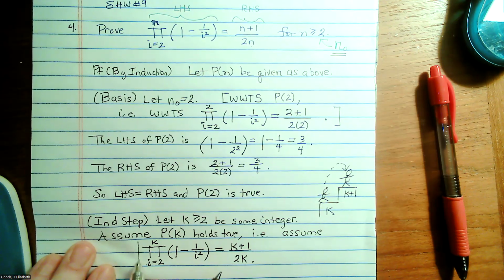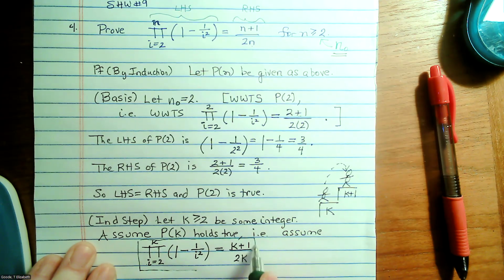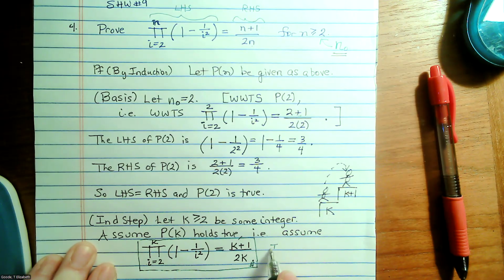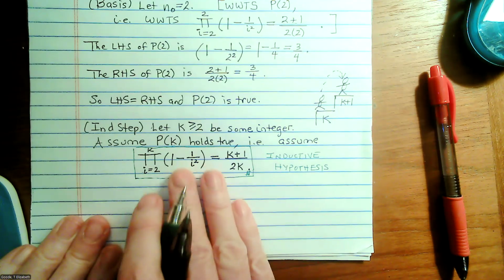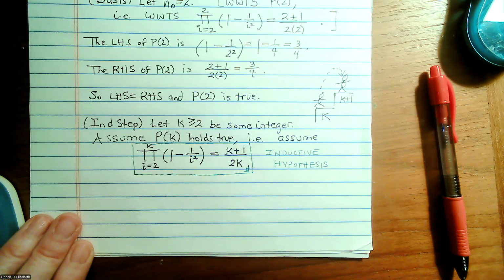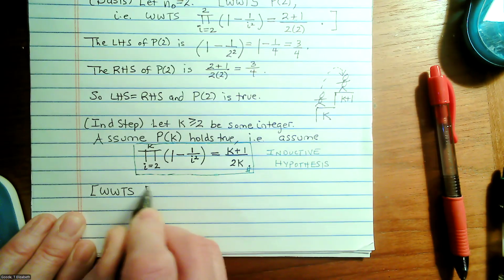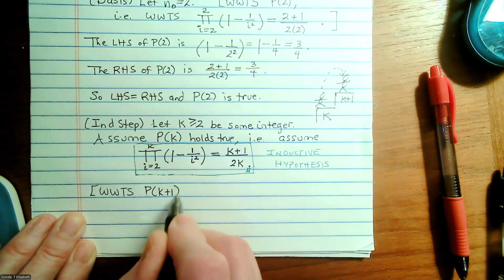In fact, I'm going to put our little green box around this just as a reminder. This is like money in the bank, you know? This is our inductive hypothesis. And it's what we have in our hand that we're going to be able to use in a little while. Now let's write our wish. Now that we see P of K, we'll easily be able to figure out P of K plus 1 because that's our wish. We wish to show that we can step up to the K plus first step. So we wish to show P of K plus 1 is true,